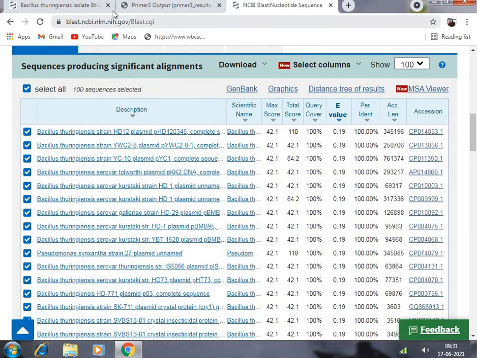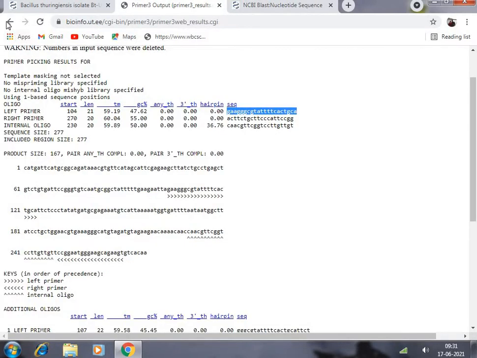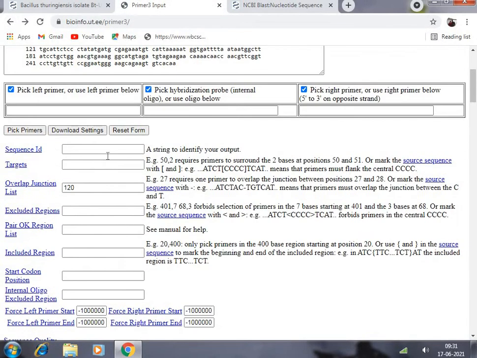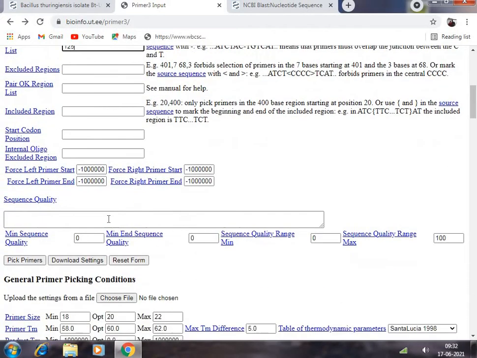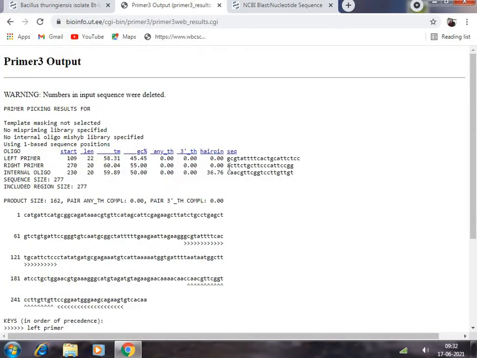In this case, what you can do is simply change the position. Say my overlapping junction is now 125, and I am picking the primer, and now you have a left primer, something like that. It is starting from position 109.